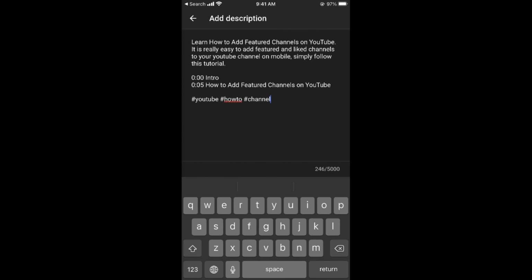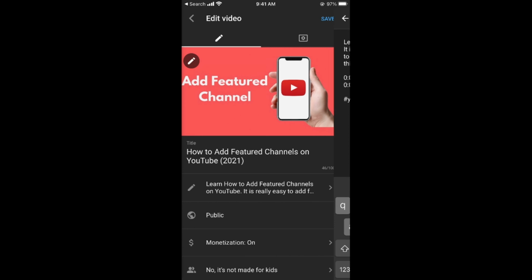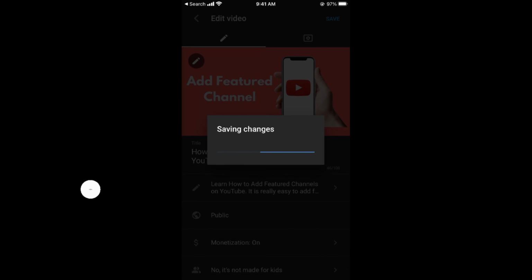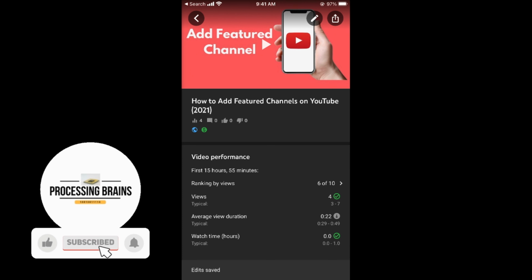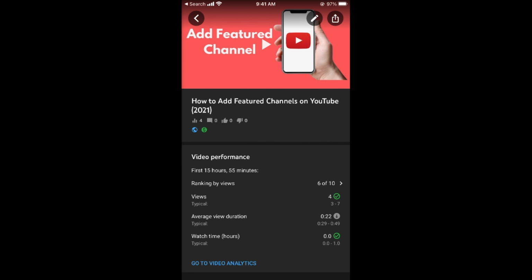Once you have added 3 hashtags, go back, tap on save at the right top corner, and now the hashtags are added to your video, and hope by doing so you will be able to add hashtags to your YouTube